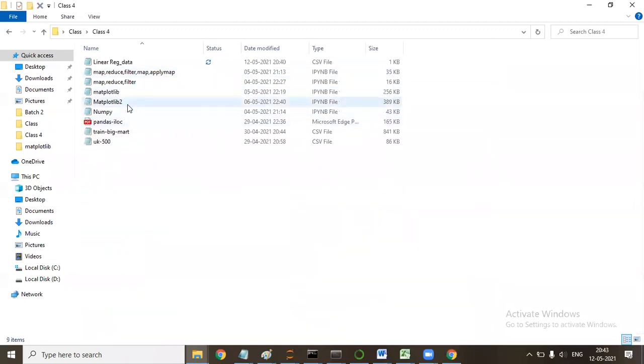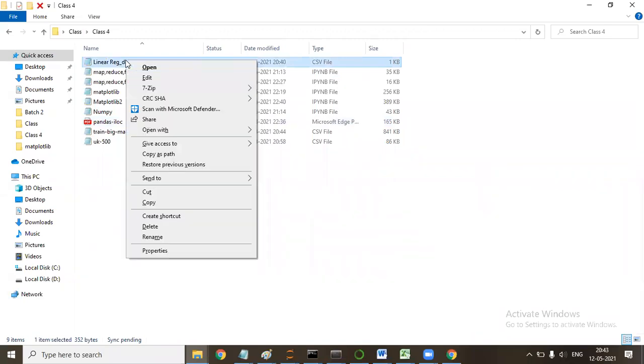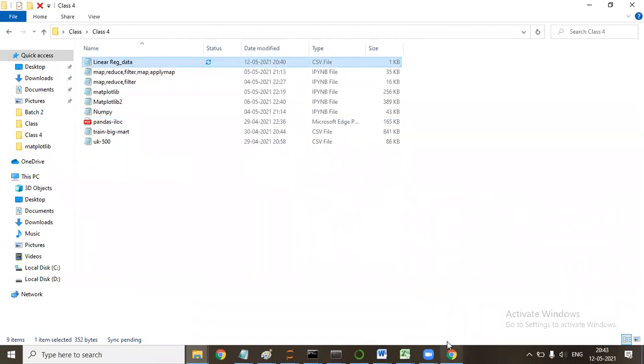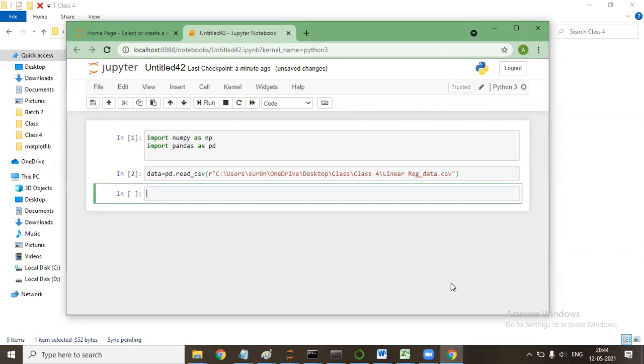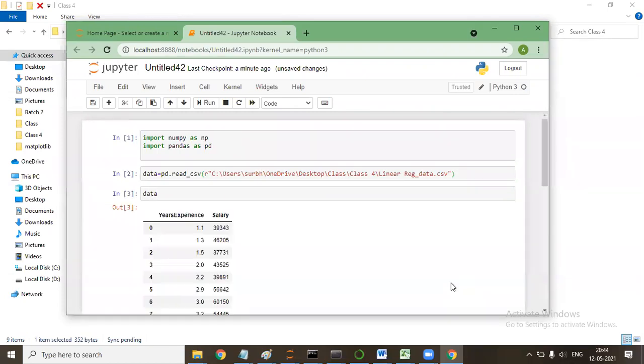I'll take the linear regression data and copy it as path. So now we have this data in the Python environment.